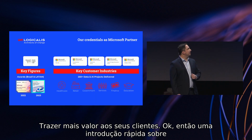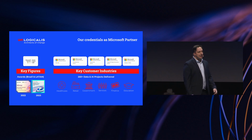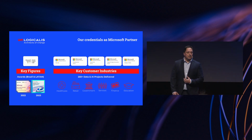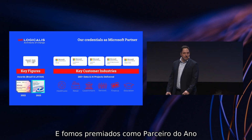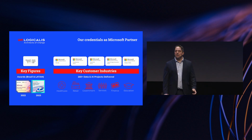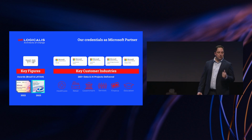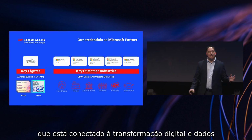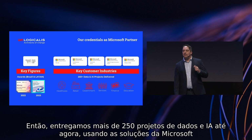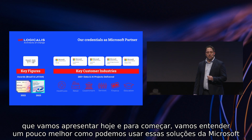So a quick introduction on who we are. LOGICALIS has been a Microsoft partner for a long time. We basically have all the important solution partner designations, and we've been awarded in the Partner of the Year awards for 2022 and 2023 in Brazil and Latin America. Basically, all the data and AI awards, digital transformation awards, everything that is connected to the digital transformation and data AI markets. So we've been delivering over 250 data AI projects so far using the Microsoft solutions